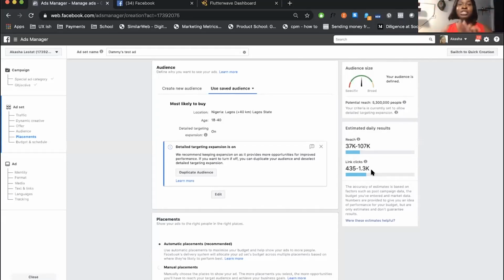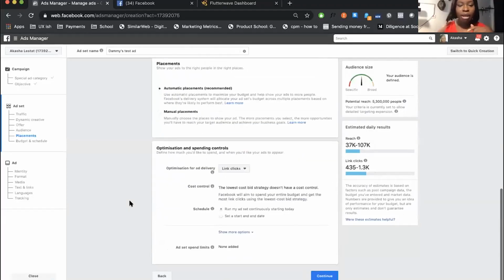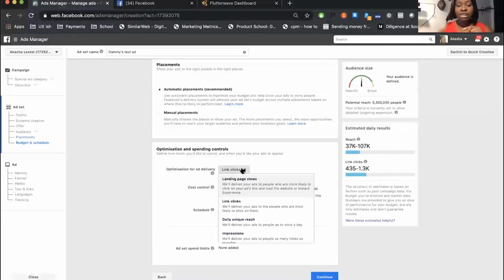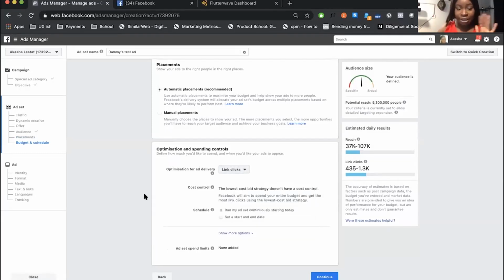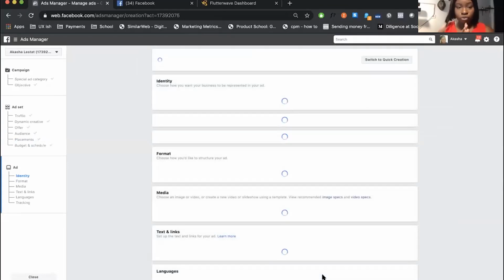So if you get just a chunk of that millions, you are good and ready to go. It's very important to be as targeted as possible so you get as much returns on your investment, okay? So again, what I want is for people to click on my link. So I'm going to leave it at link clicks, and we're going to go.